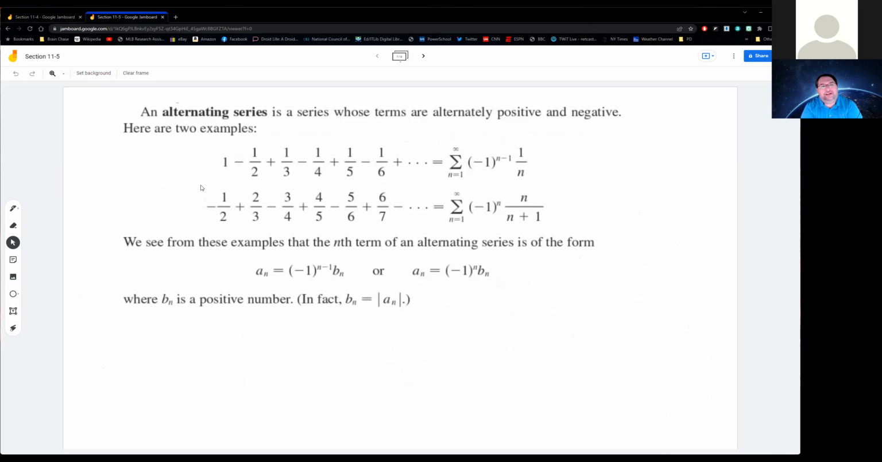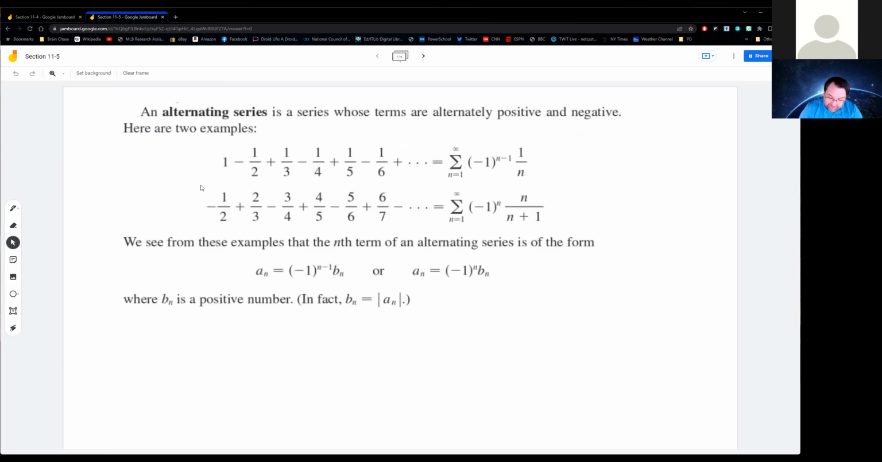Next test, the alternating series test. First thing we have to figure out is, what is an alternating series? An alternating series is always going to alternate between positives and negatives. It doesn't matter what it starts off with. It can either start off as positive and then go negative, or go negative and then positive. Notice that